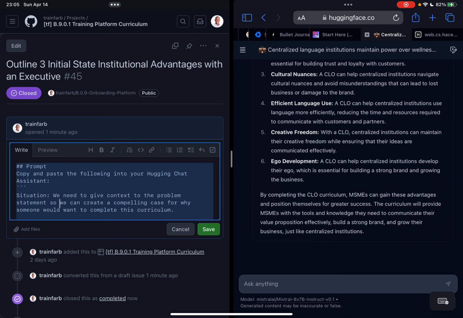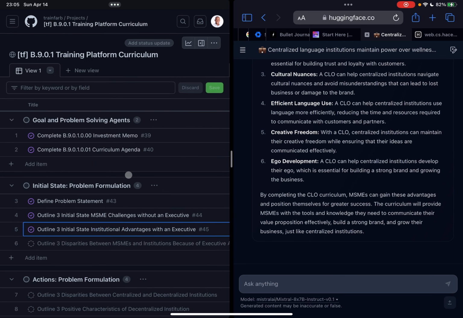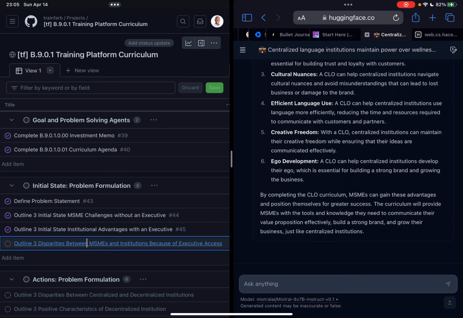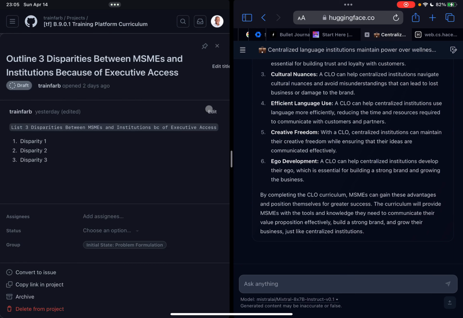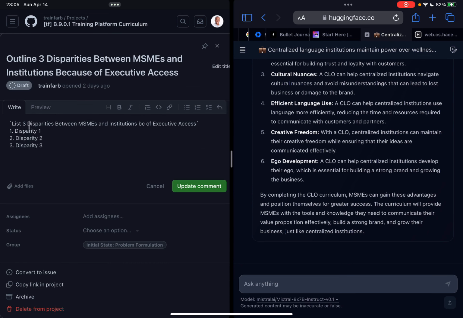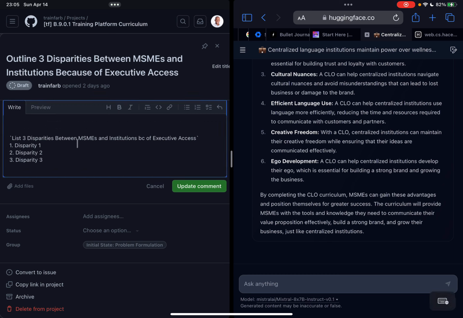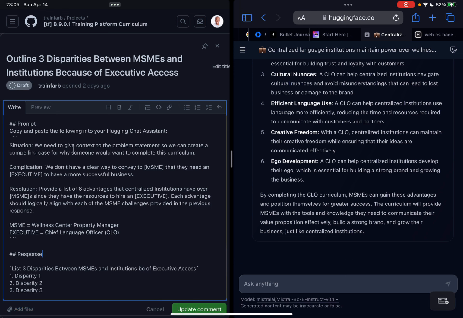I think this is going to be like, just work through each of these, just follow along with what we're doing, and you will understand how to capitalize on the benefits of AI without needing to worry about it as much as people make it seem like you do. Just follow these steps, get a little bit proficient, and then we'll, as a community, learn how to use it more effectively. Copy and paste the following into your Hugging Chat assistant. Situation: we need to give context to the platform, to the problem statement. Oh, that's the same. Provide a list of 6 disparities